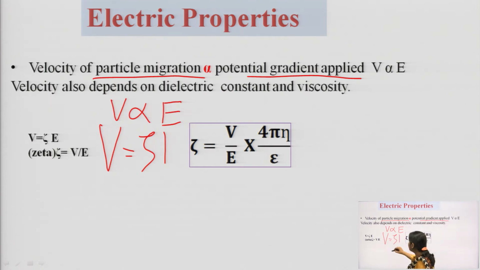So, zeta potential is a proportionality constant. So, V equals zeta potential multiplied by the potential gradient applied, the difference in voltage. Now, this zeta potential is equal to V by E, that is, the velocity of the particle migrating divided by the potential gradient